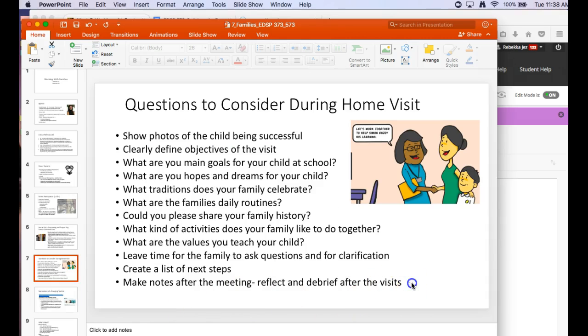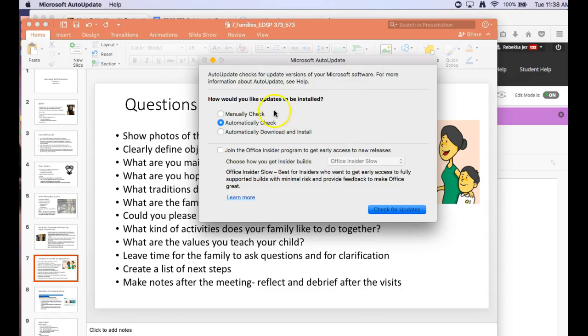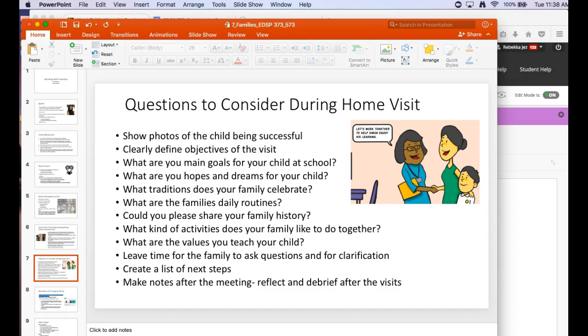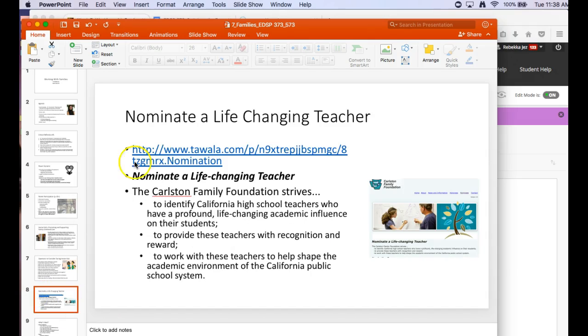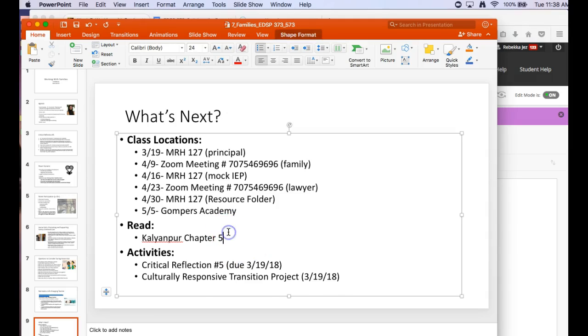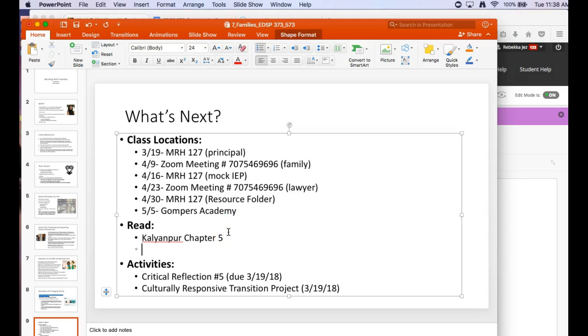Of course, make sure that you make notes and reflect and debrief after the visit. And then also we talked about nominating a life-changing teacher and getting the word out about that. And then what's next? I forgot to put this in there as well.